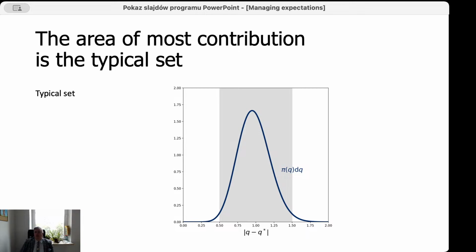Generally, we call the area where the most contribution to the expectation from the considered probability distribution comes from, in its parameter space, the typical set. This typical set is the area where the product of the function with respect to the mode and the rising volume is the largest and is contributing the most.